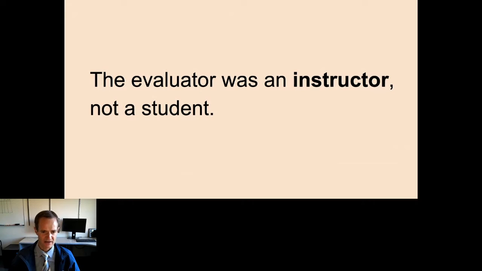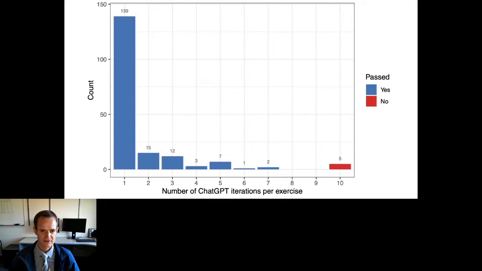Okay, I kind of already said this. I was the one who was interacting with the model rather than students. And here's what we found. Of the 184 exercises, ChatGPT was able to produce fully functional code that passed all of the tests for all but 5 of them within 10 attempts. So 75% of them it solved on the first attempt, whereas others it took up to 7 attempts before it was able to successfully solve those.